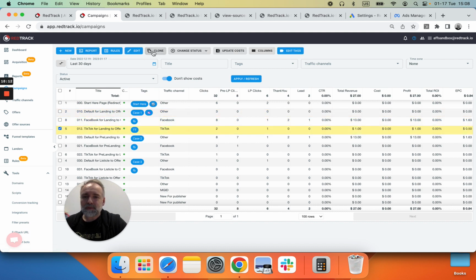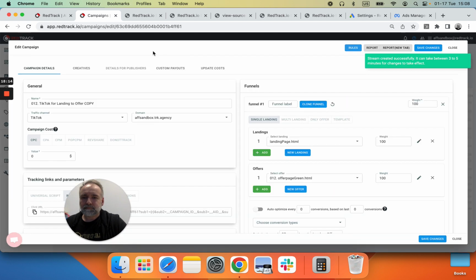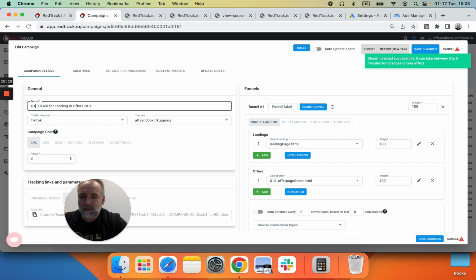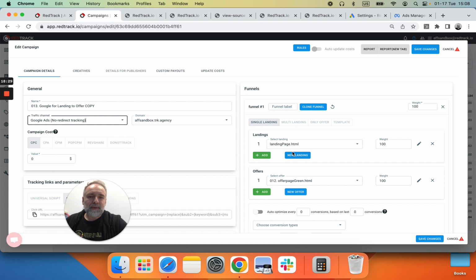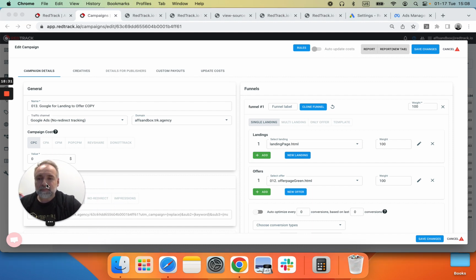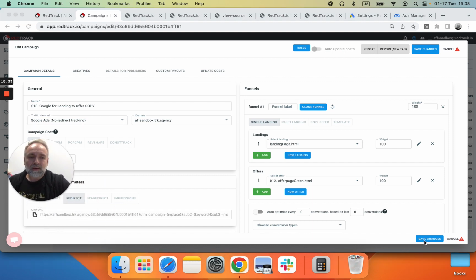So we clone it and just rename some of the parts. So we go 123, and it's Google, and it's Google Ads, and the final remains the same. So we save this campaign,